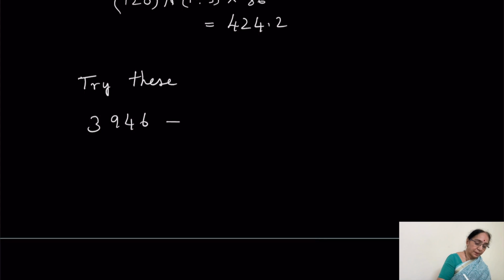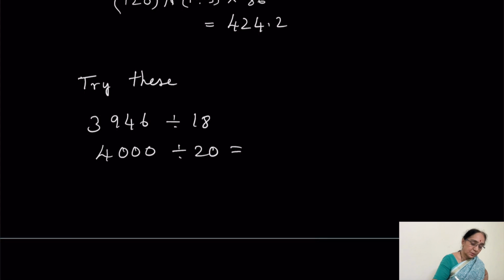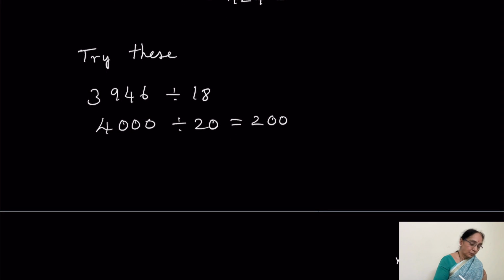3,946 divided by 18. So my estimate is going to be 4,000 because 3,946 is close to 4,000, divided by 20. The answer is 200, isn't it? Always you can check with your calculator what you get. And what about